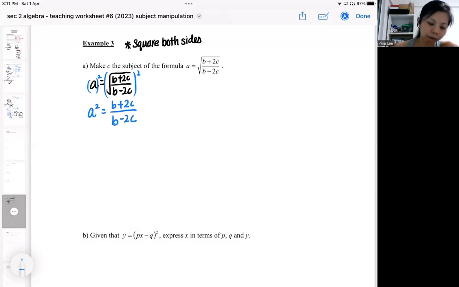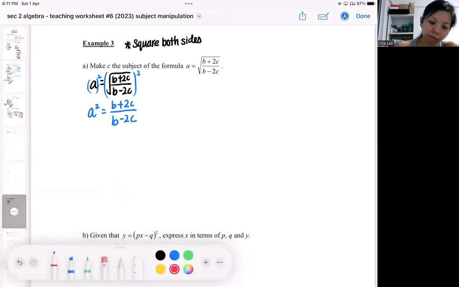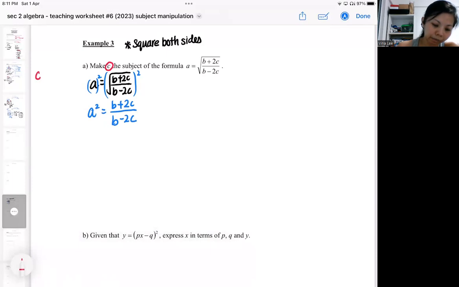And don't forget, what's your objective? Your objective is to make C the subject. So don't forget, this part shouldn't have any C. Okay, before I continue on to show you cross multiplication to make C the subject, I'd like